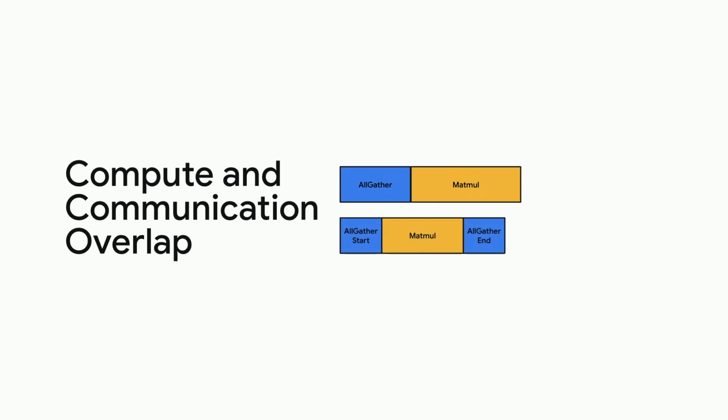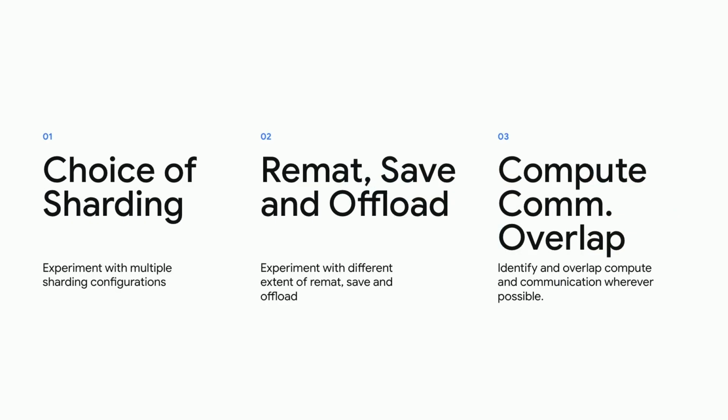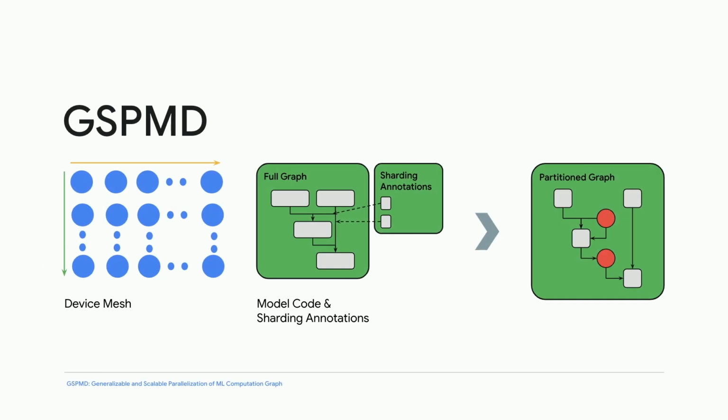The third factor for efficiency is the possibility of overlapping compute and communication. For example, if all gather and matrix multiplication can be overlapped. And this certainly can be engineered, but what if such optimization could be done automatically for you by your framework? The good news is that it is possible. There exists such a framework which can not only do these optimizations, but also allow you to easily iterate over sharding configurations and different activation memory trade-offs you would want. And this is using GSPMD.